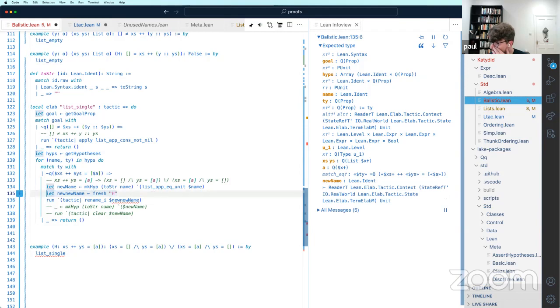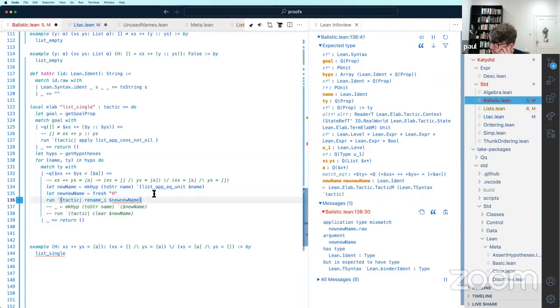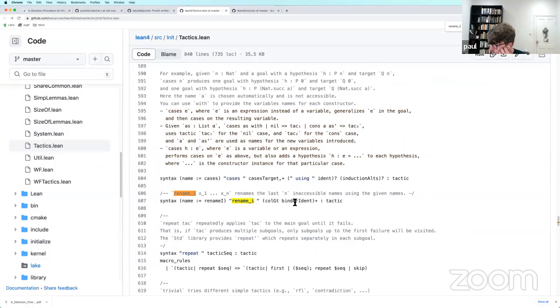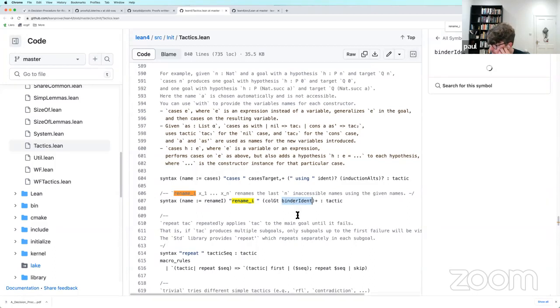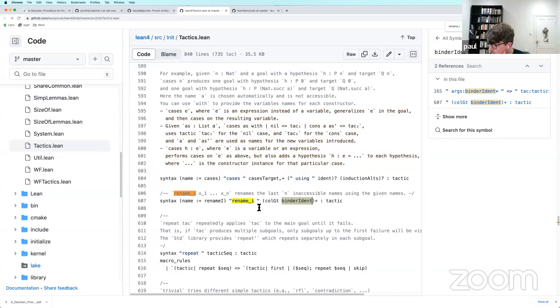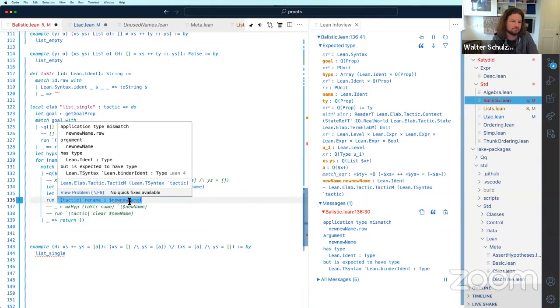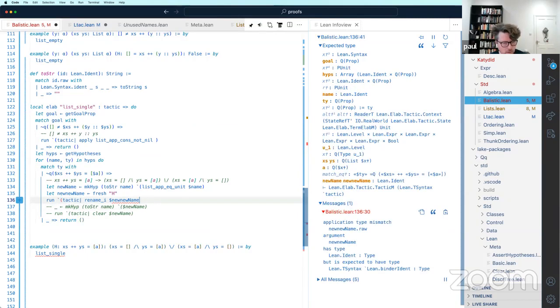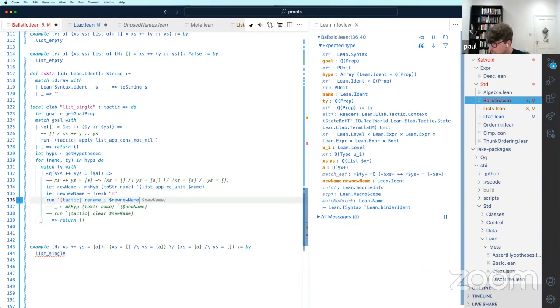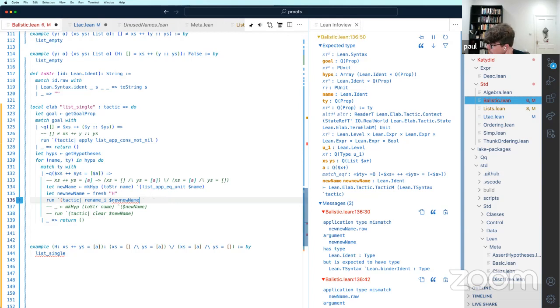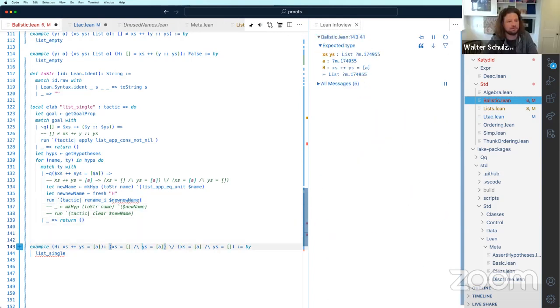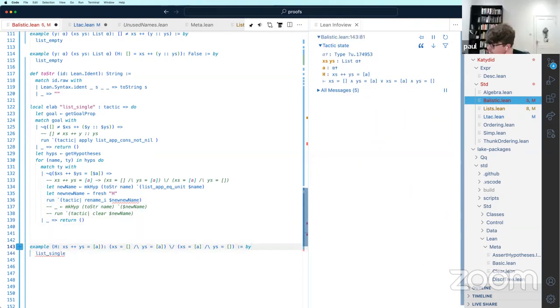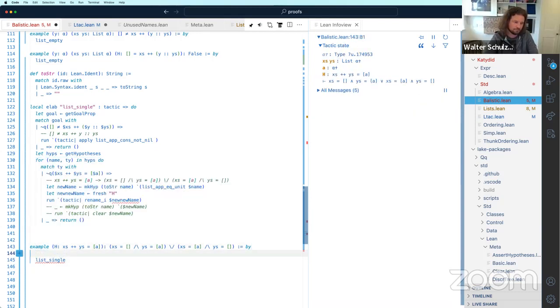Oh, binder ident is an ident or a hole. Maybe we're not far off. Okay. Where do we get the... We should just be able to, don't know. Maybe we can go lean.ident, don't know.